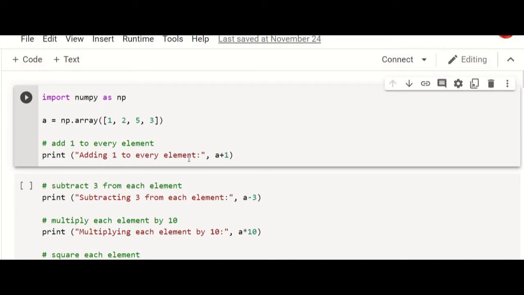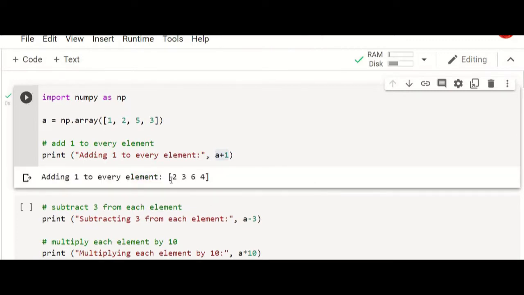Hello everyone. Now we are going to see how simple operations can be done on NumPy. First you have to import the NumPy module and give an alias name np, and in this statement we have created an np array called a, and 1 is added to all the elements in the array. a plus 1 is the statement where to each and every element of this array 1 will be added.